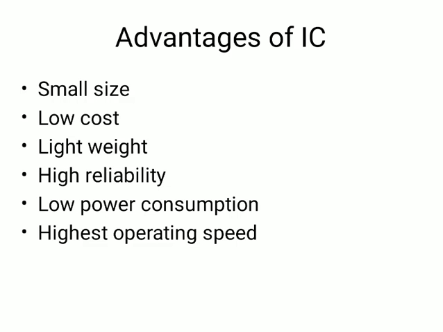Almost all ICs work on 5 volt, 10 volt, or 15 volt. An op amp, that is an operational amplifier circuit, works on plus or minus 15 volt. So at maximum, every IC works between 0 to 30 volt DC, right? Highest operating speed. They are very fast, their function is very fast. Okay, high operating speed.